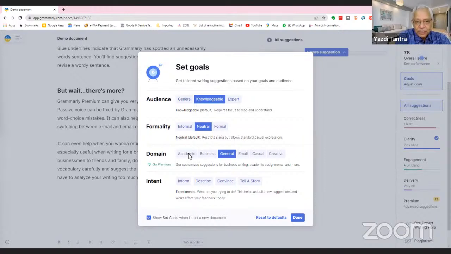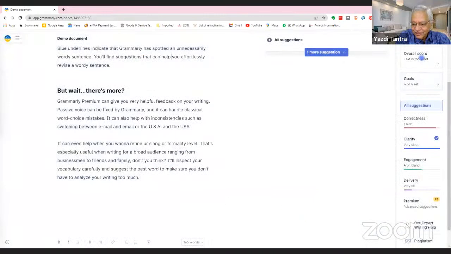Depends on whether you are writing an academic paper, a business correspondence, a report, general, you are writing an email, you are writing casual, or you are having creative writing. So many liberties can be taken when you're doing creative writing, right? And what is the intent? To inform, to describe, to convince, or to tell a story. And then once you click on all this, you get suggestions based on